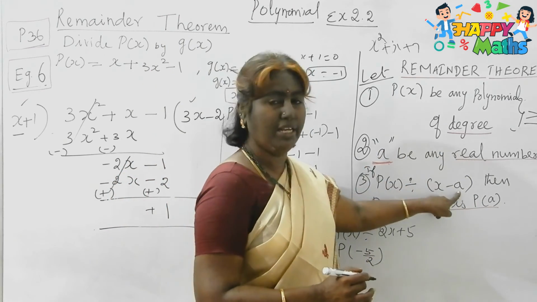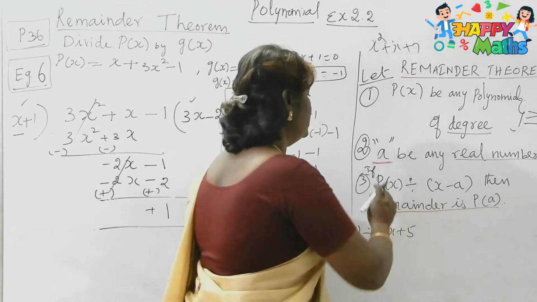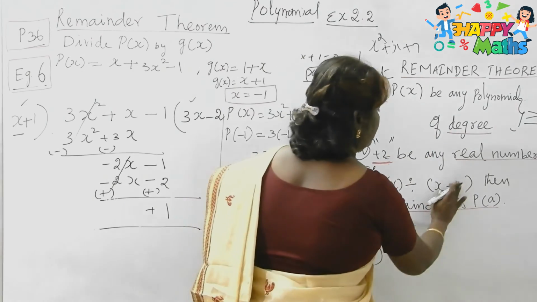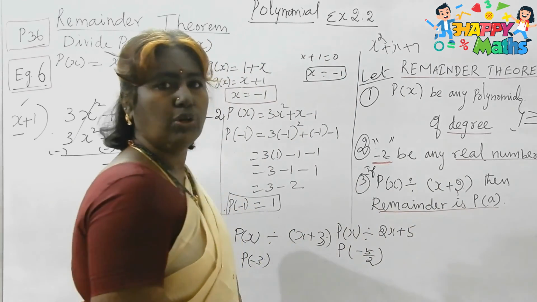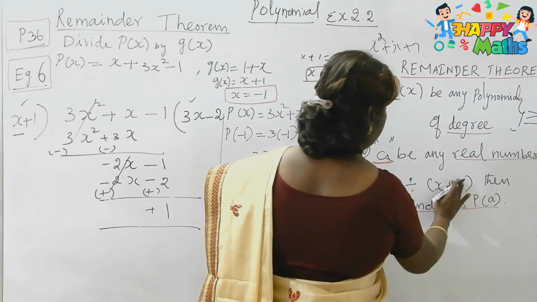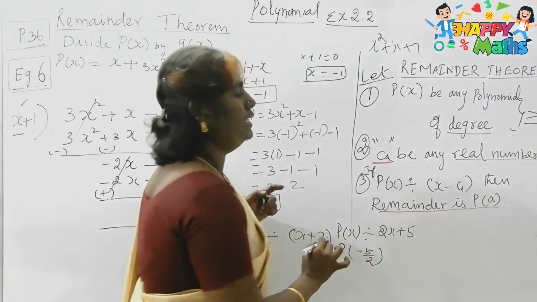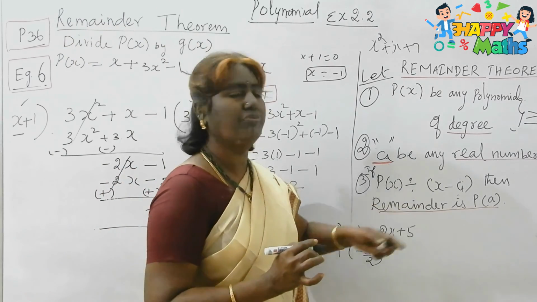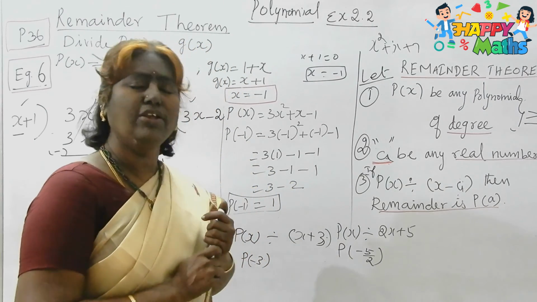If it is a, this is x minus a. If it is 5, this is x minus 5. If it is 3, this is x minus 3. Suppose if it is plus 2, this will be x minus 2. If it is minus 2, this will be x plus 2. Opposite number, isn't it? Yes or no? So, a be any real number, then when divided by x minus a, the remainder is p of a. Is it clear for you? Then the remainder is what? p of a. Only those 3 points you have to remember very carefully, and very easily also.